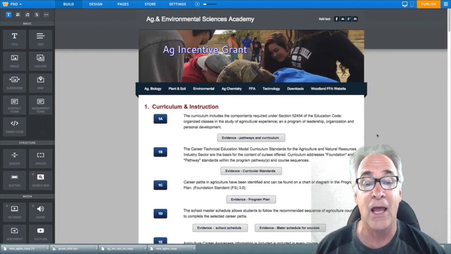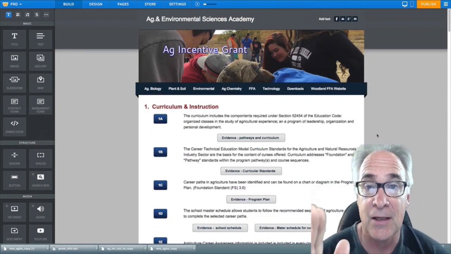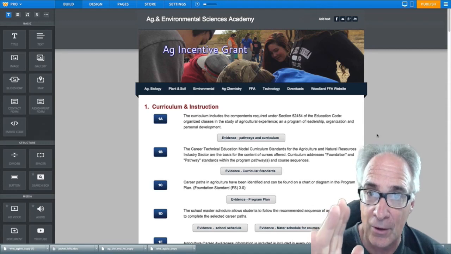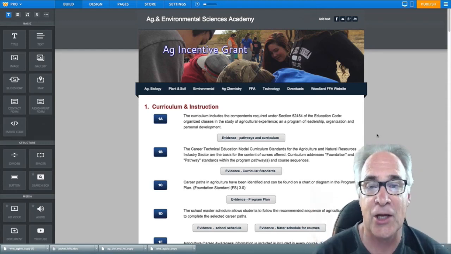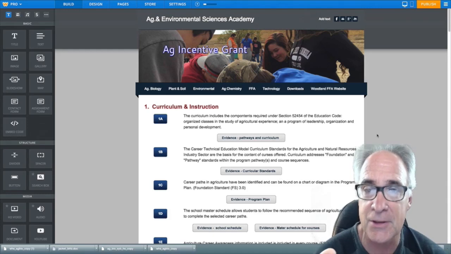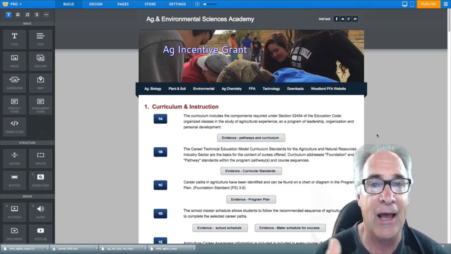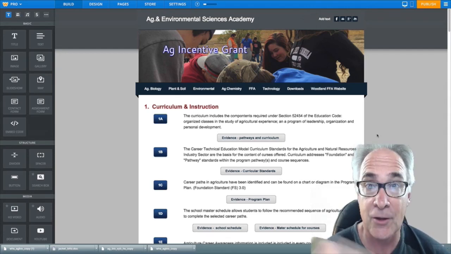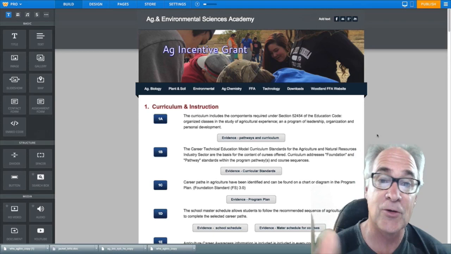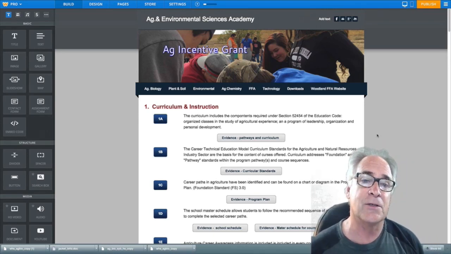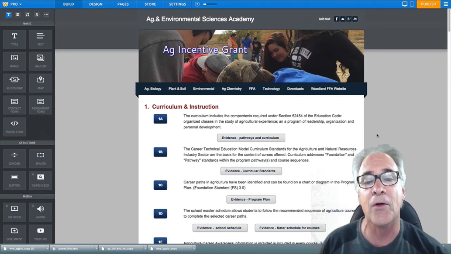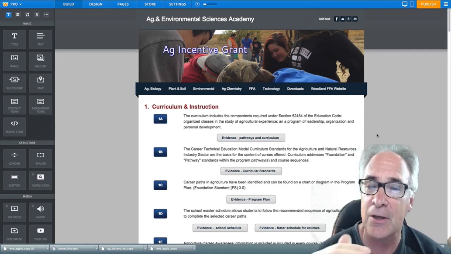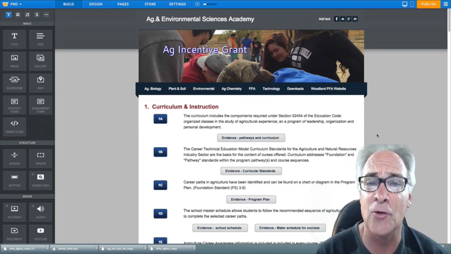So anyway, if you want to make that next incentive grant check go quicker, I would suggest you put it on there. No more papers, no more notebooks, and even some of our advisors, our regional supervisors, could do it at the comfort of their desk, for goodness sakes. So I hope you'll try it out, and I will include with this particular video just some handy things in the show notes below so that you understand and know where I got some of these features and some of these